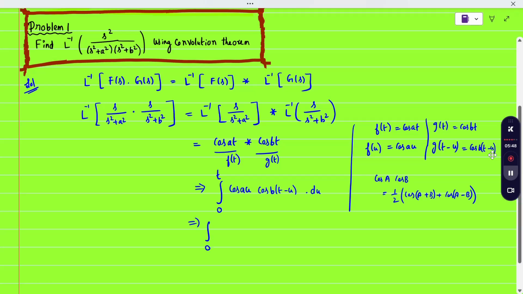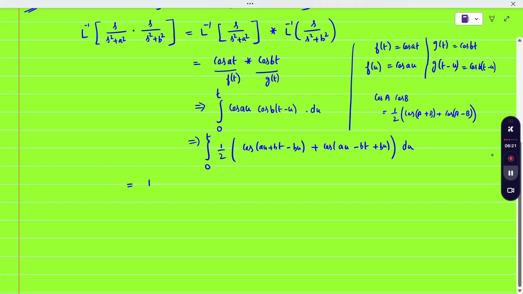Integral 0 to t. Now when I write it as 1 by 2 cos of (a plus b), cos of (a plus b) is nothing but cos of (au plus bt minus bu) plus cos of (au minus bt plus bu) into du. Now some terms get cancelled. You check, the s is not getting cancelled. So I will write it as